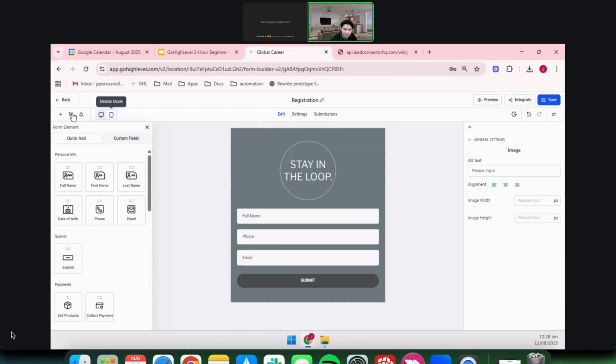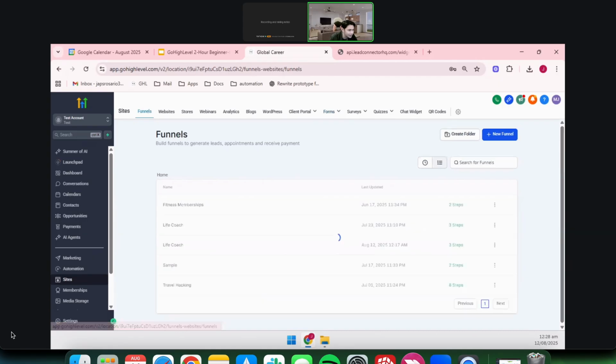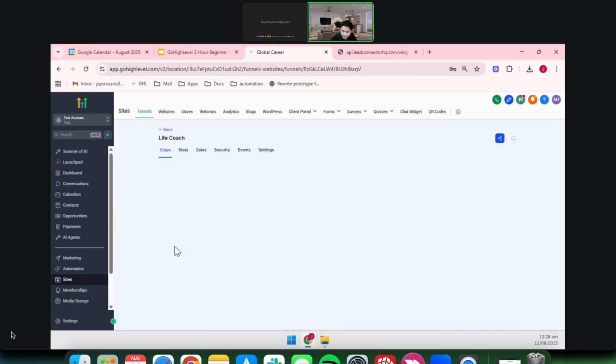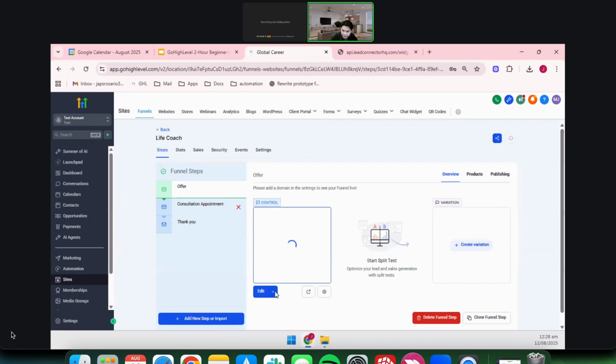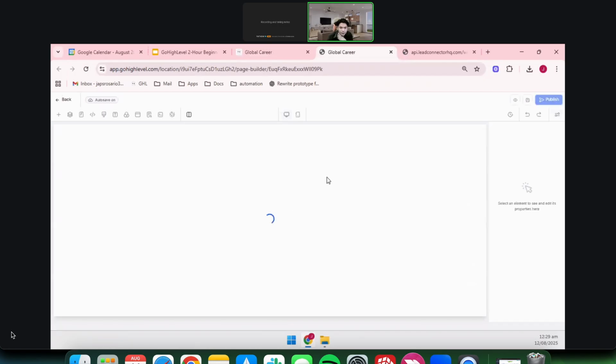Now, how to add this to our funnel? Let's go back to our funnel that we're creating. So let's go back to funnels. And then, August 12th. I think this one is it, the one that we're creating. So to add this form to our funnel, we can just select